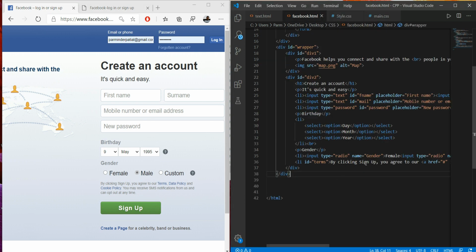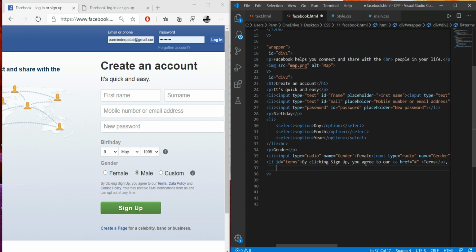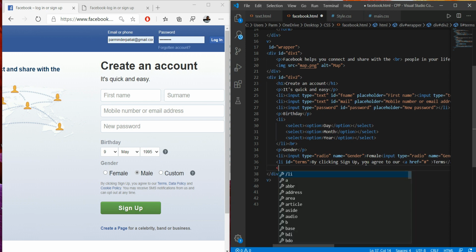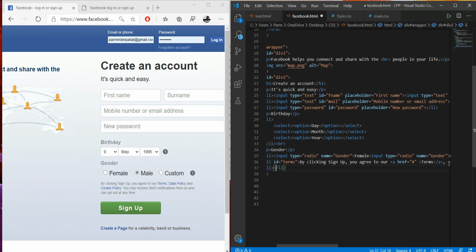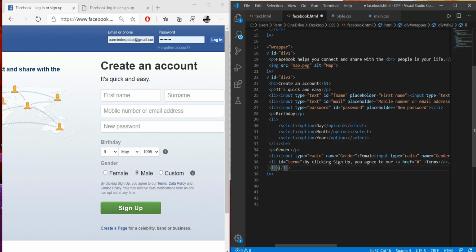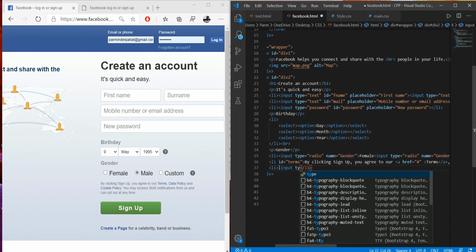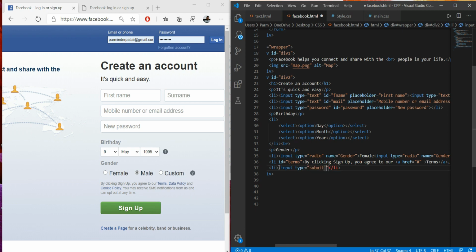So for this we have to type it over here the same way, and here we have to use input type submit, and to this submit we have to give value as sign up.